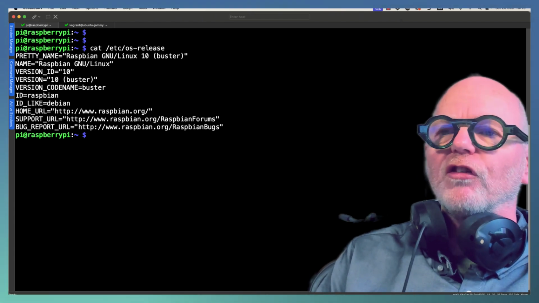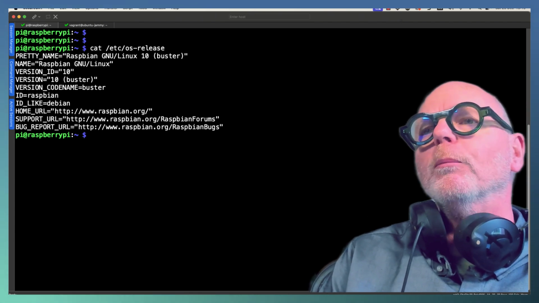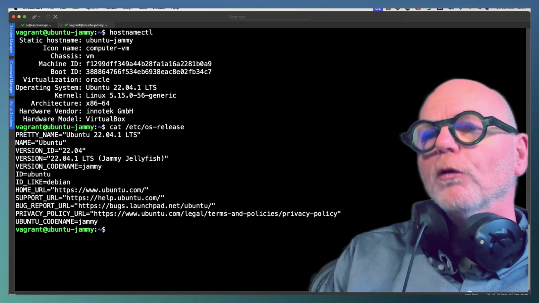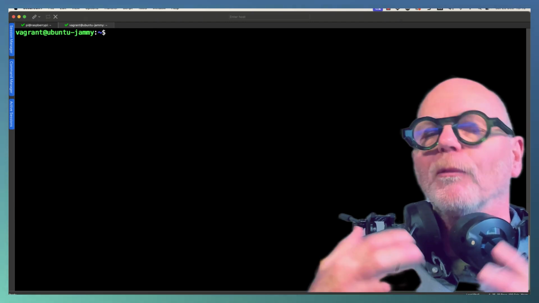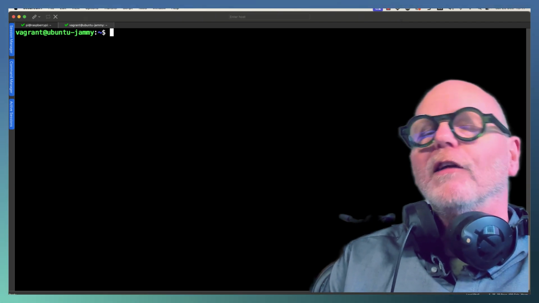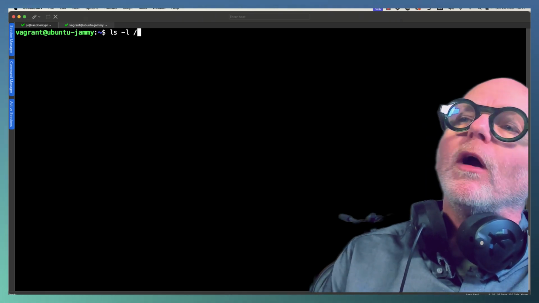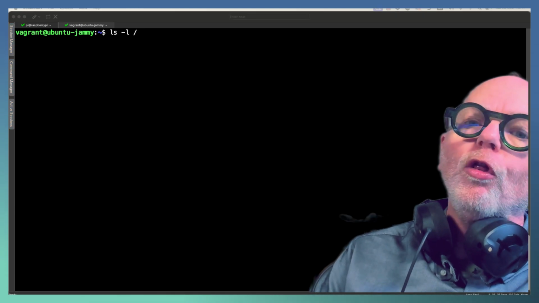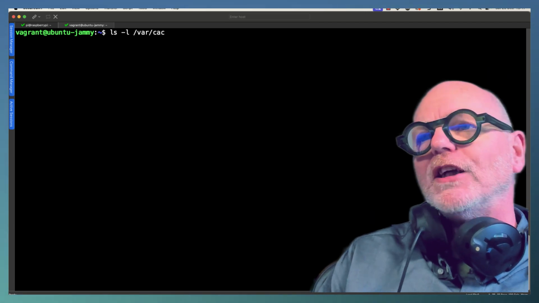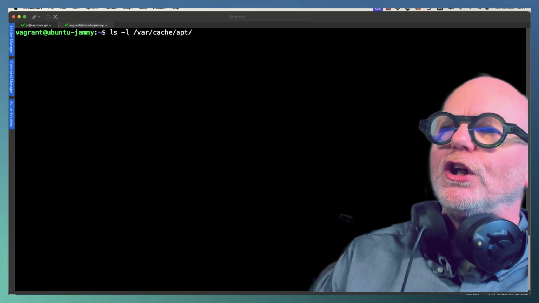Now, the reality is it doesn't really matter which system I'm working on. I could stay working on my Raspberry Pi, or I could move back to my Ubuntu system. For the moment, I'm going to move back to my Ubuntu system, and we want to look at the nuts and bolts of what we're going to put in the script. We're going to begin by taking a look at where our apt metadata is going to be stored. So if I start running a long listing on the metadata file, that's going to be located at /var/cache/apt, and then as I navigate my way through, we should be able to find the